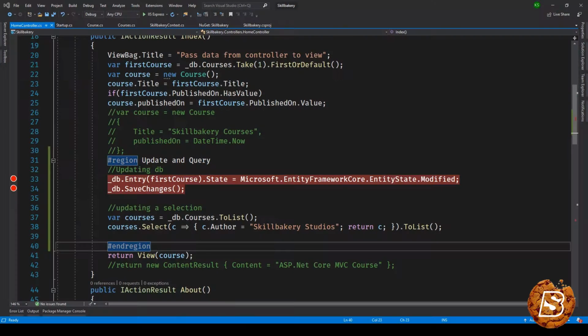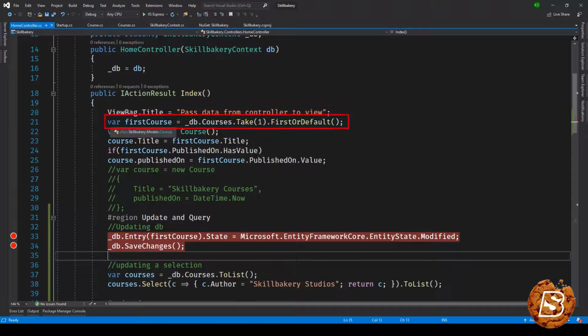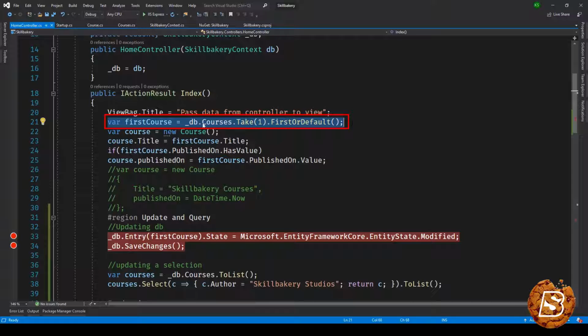In this lecture, we'll take a look at how we can update a database using Entity Framework Core. And we'll also see how we can update a selection without making use of a foreach loop, using lambda expressions. So first thing over here, you can see that we are taking a course